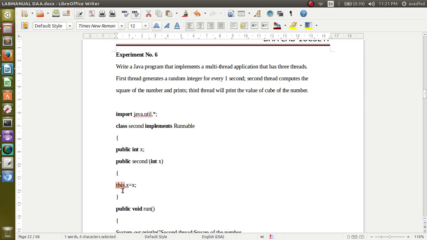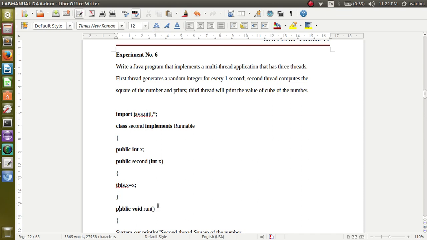This refers to the object of the current class. Second is our current class. Even though we are not declaring the object, this implicitly becomes the object of the second class. So this.x = x assigns the value of one x to the other x.